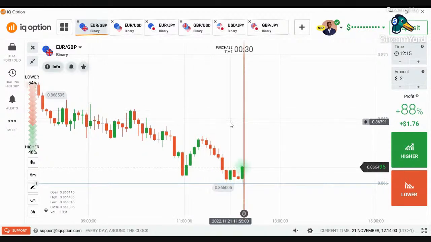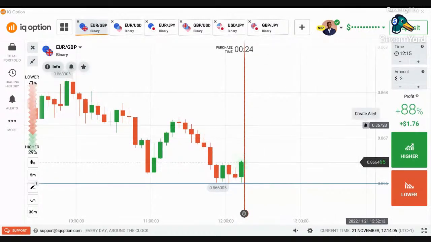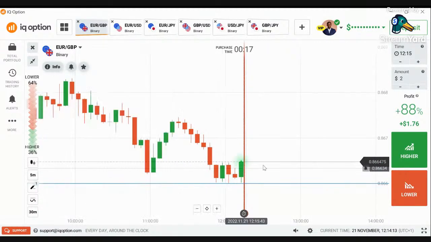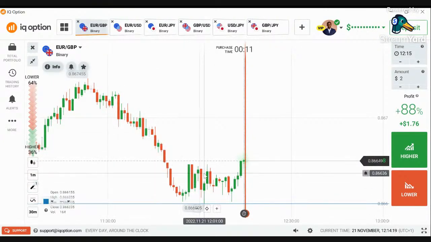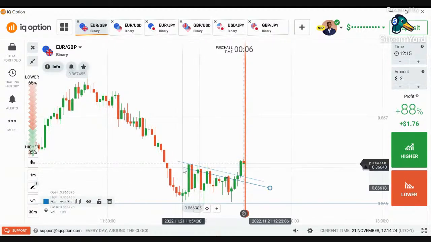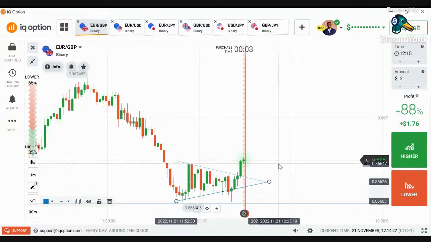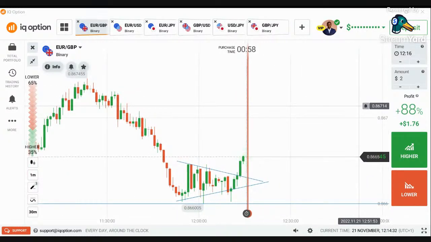Okay, you can see I told you this market is going to expand on Euro GBP. I told you the market is going to expand higher. I've given you the signs from the 5 minute chart and from the 1 minute chart that the market is going to start buying. Now, for some of you that usually draw trend lines, I'm just drawing this to show you. It's not that I use trend lines. Most of them will come and draw this kind of pattern, and they call it a wedge. If you want, just Google it. Some people say it's a rising wedge or something like that.